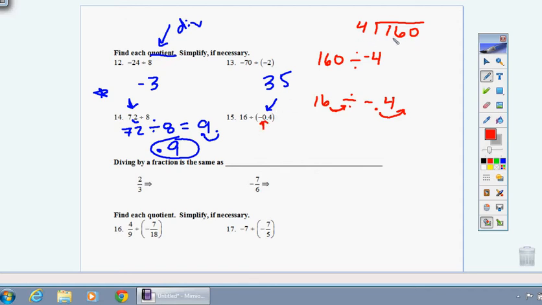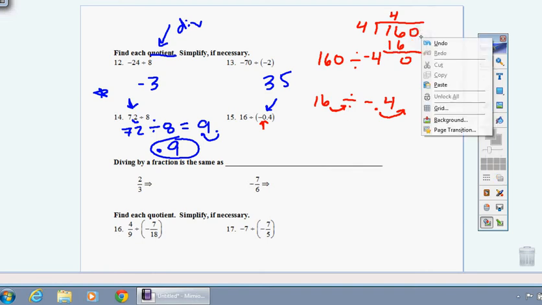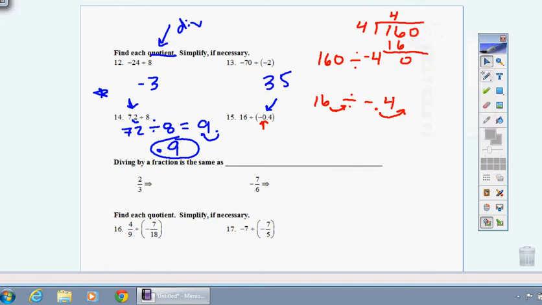So 4 goes into 16 how many times? 4 times. 4 times 4 is 16. 16 minus 16 is 0. 4 can't go into 0, and there's a 0 here, so I have to bring that 0 up here. So my answer is going to be 40. And then again, it has to be negative because I have that negative sign there. So my answer is going to be negative